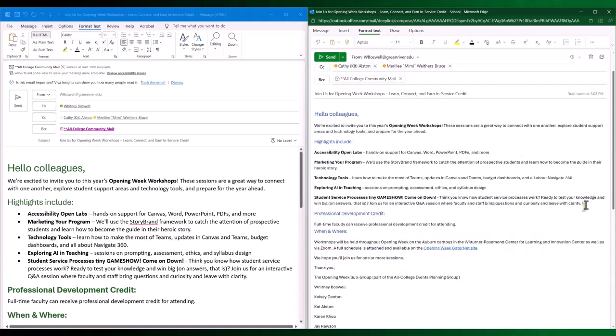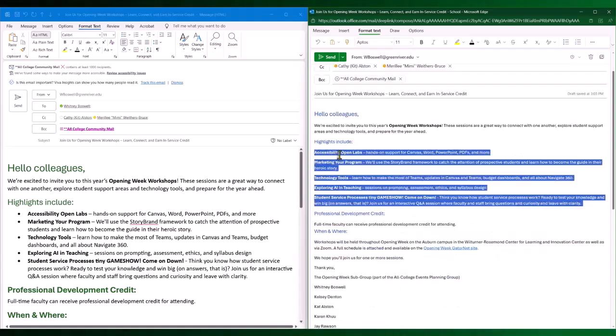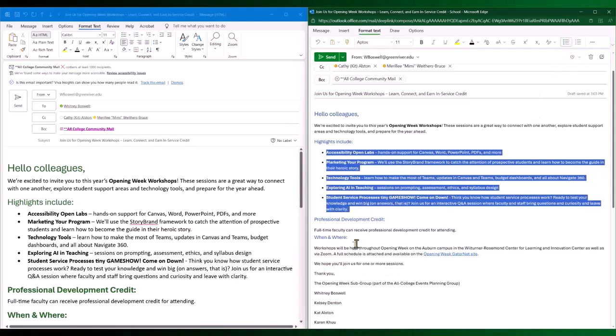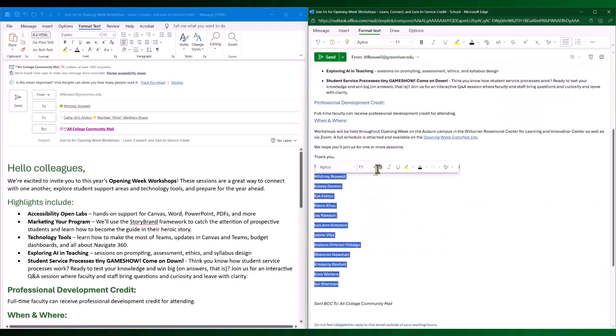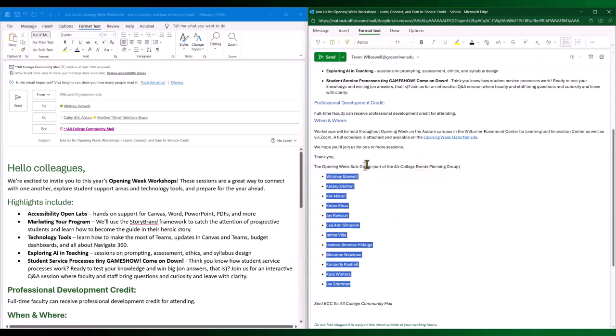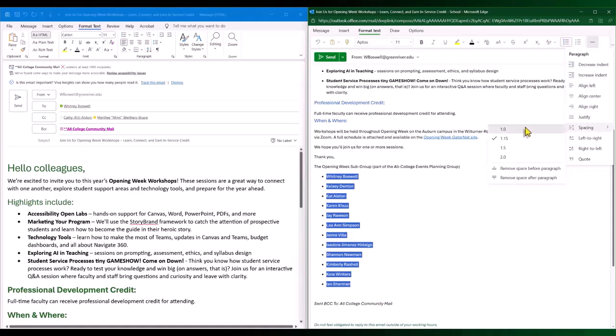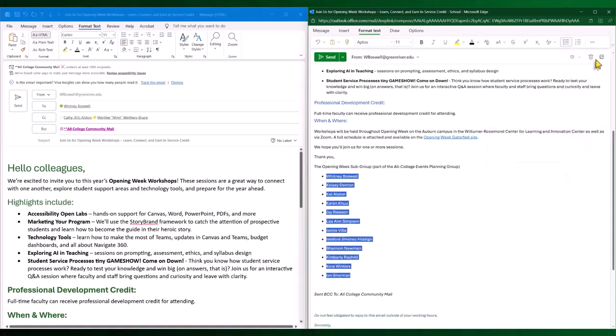Okay, and then we're going to do our bullet points. And then the second bullet pointed list. And here, if I don't want the space between them, again, I'll go into this in depth later, I can go to spacing and make it 1.